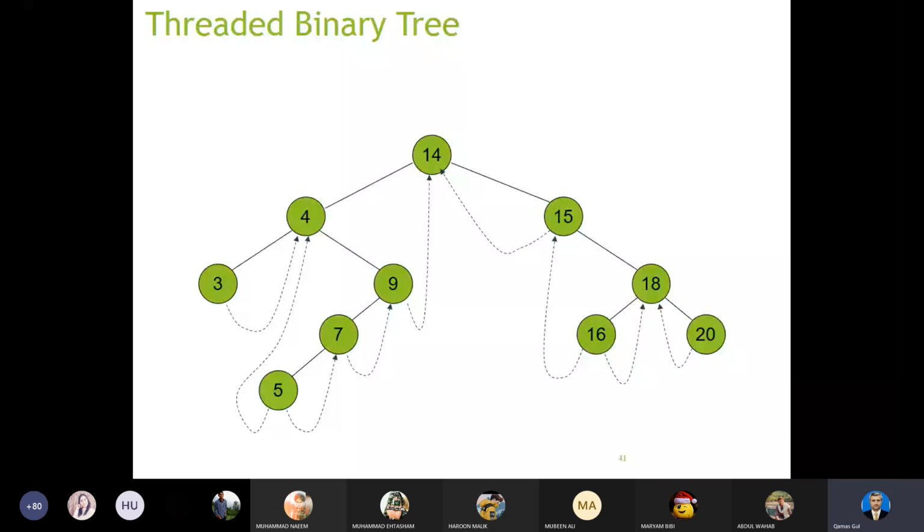अगर हम इन threads को हटा दें, if we remove these threads, then we don't have the option to move or to traverse each tree in the in order traversing way. So we will not be in a position to perform in order traversing,